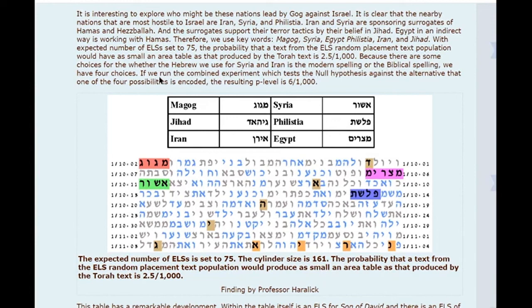We have 4 choices if you run the combined experiment which tests the null hypothesis against the alternative. It's one of the 4 possibilities, and because the result P level is 6,000. So this one, what you see here, you see Magog, Jihad, Iran, Syria, Philistia, Egypt, and it comes to 2.5 in 2000. Also a table which was found by